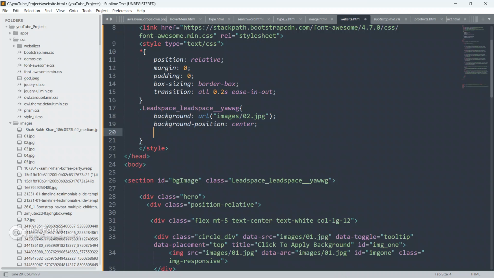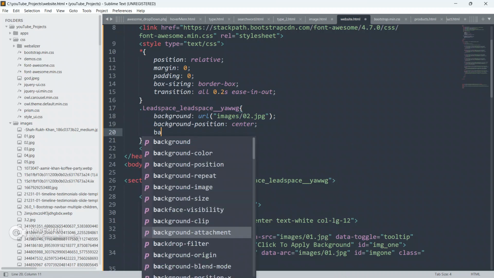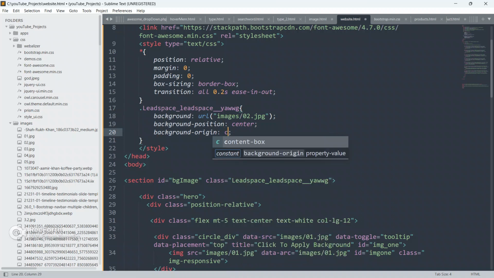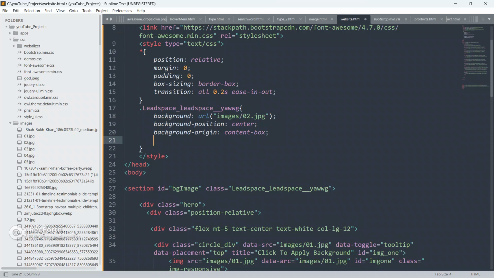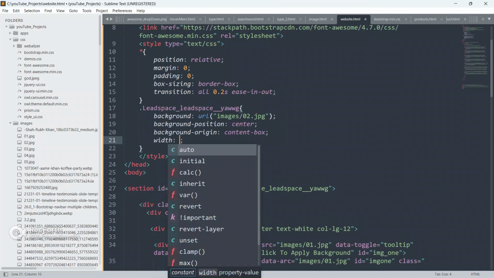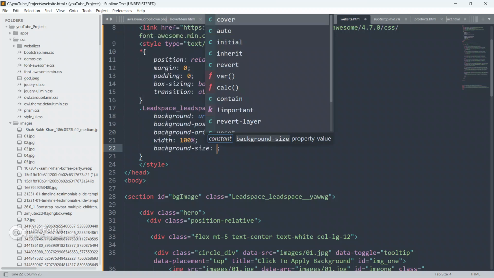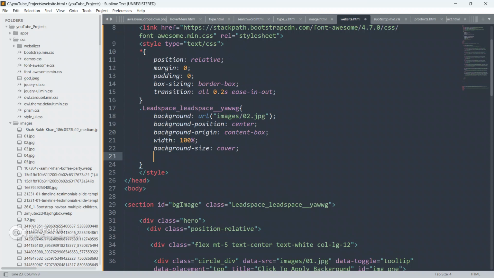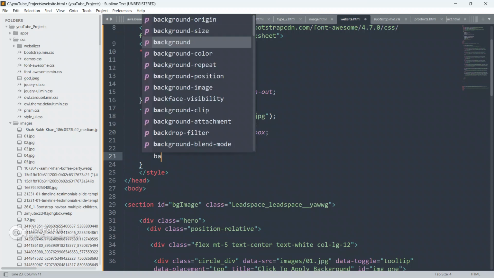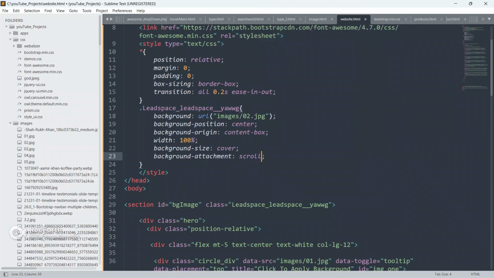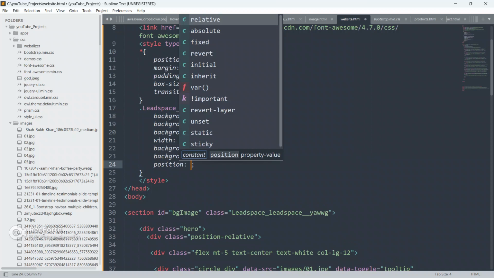Give background position as center, give background origin as center, give width as 100%, give background size as cover, give background attachment as scroll.